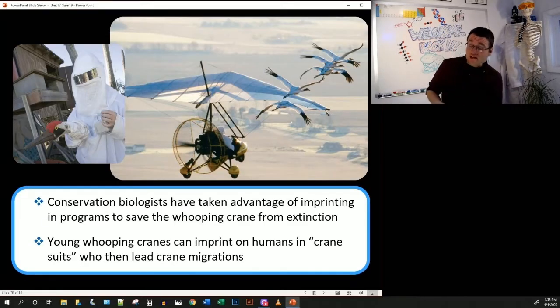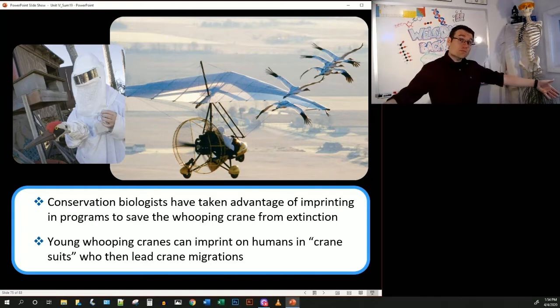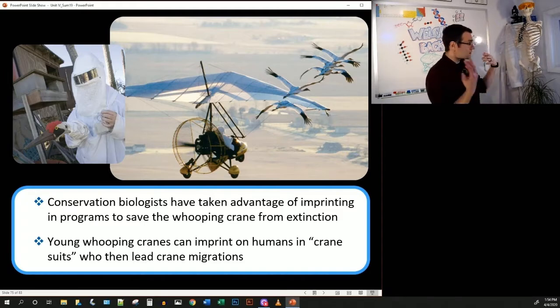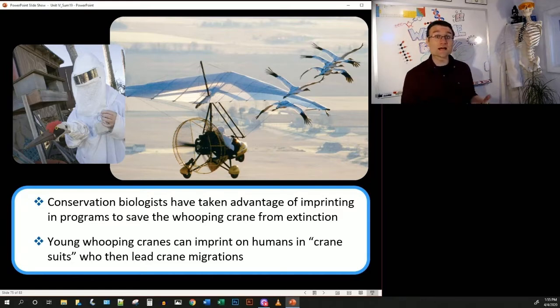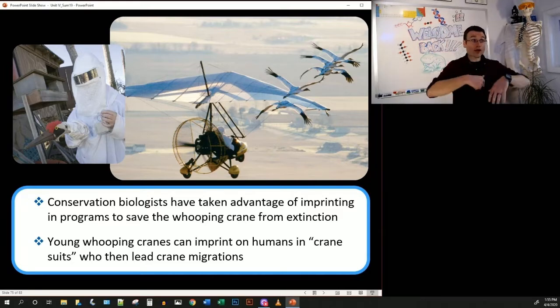Conservation biologists actually use the fact that whooping cranes will do this imprinting behavior for trying to restore their populations. As humans have spread out and we've built more parking lots and more housing developments and more shopping centers, all this kind of thing, we've needed space to move into, and a lot of that space ends up being natural habitat, sometimes very biodiverse natural habitat like wetlands where these cranes would live. So everywhere where these cranes would live, we have filled in with other types of purposes.